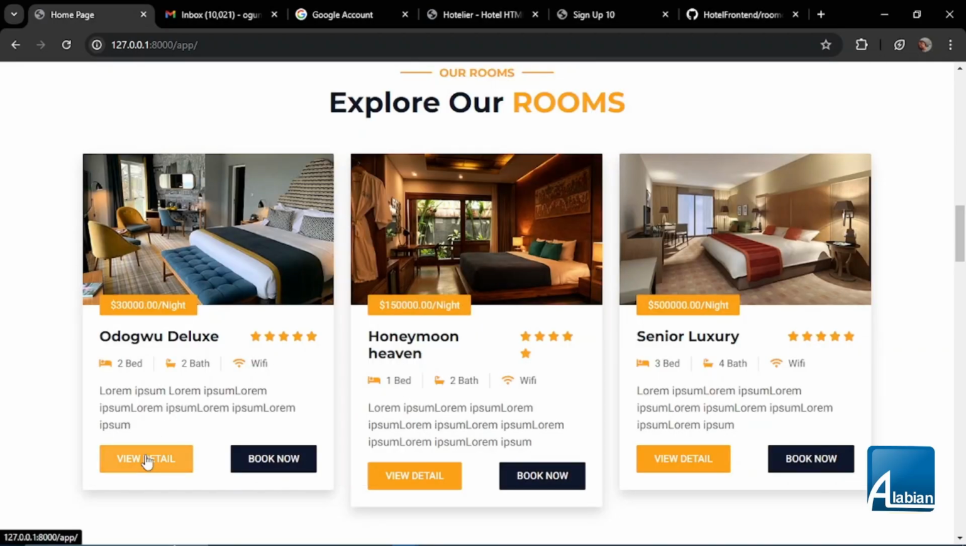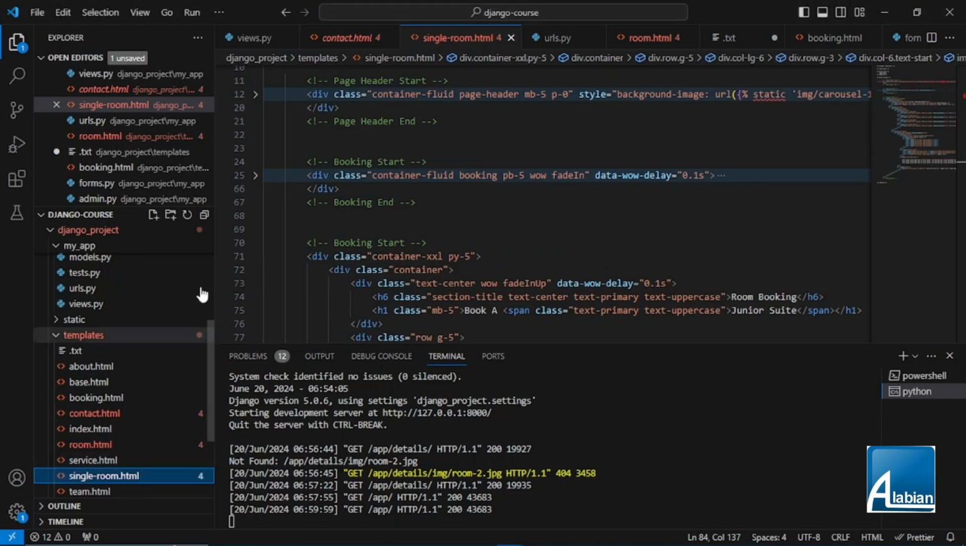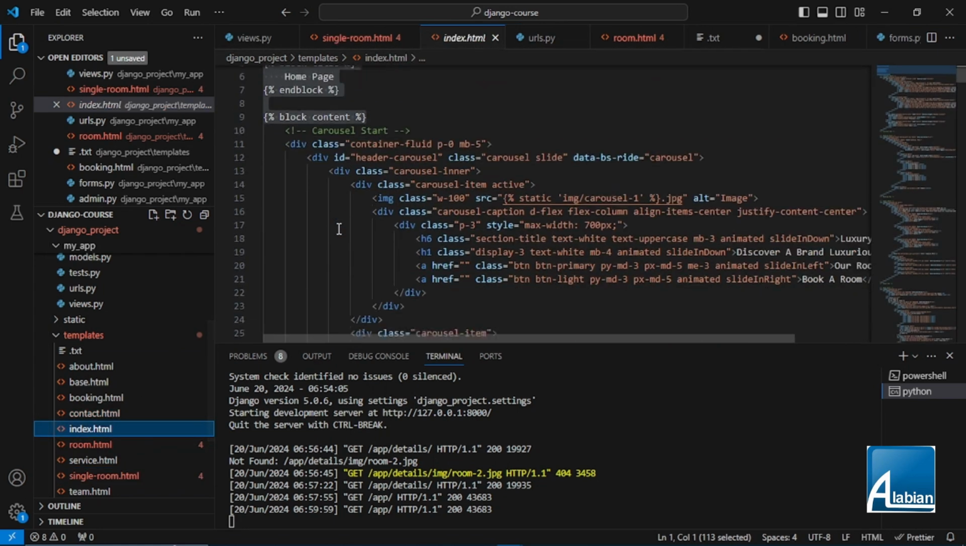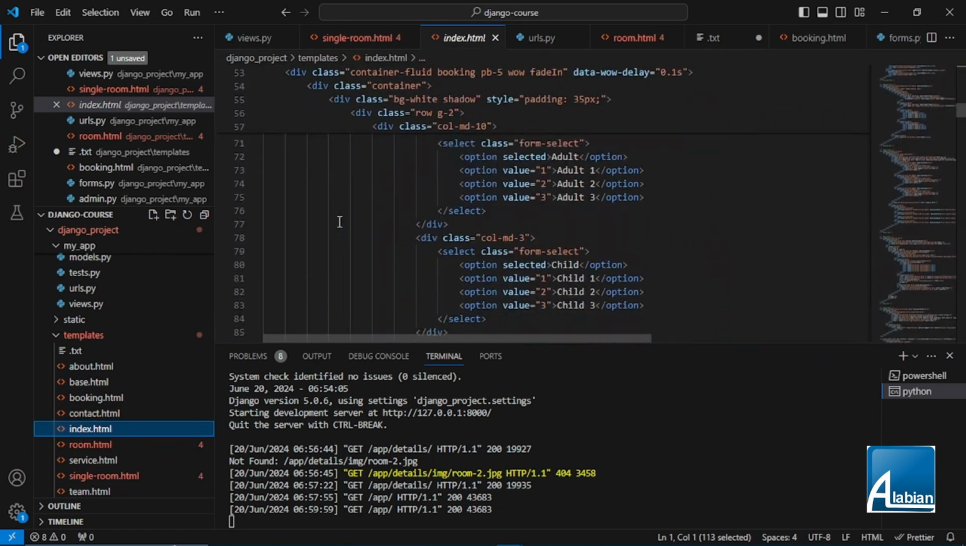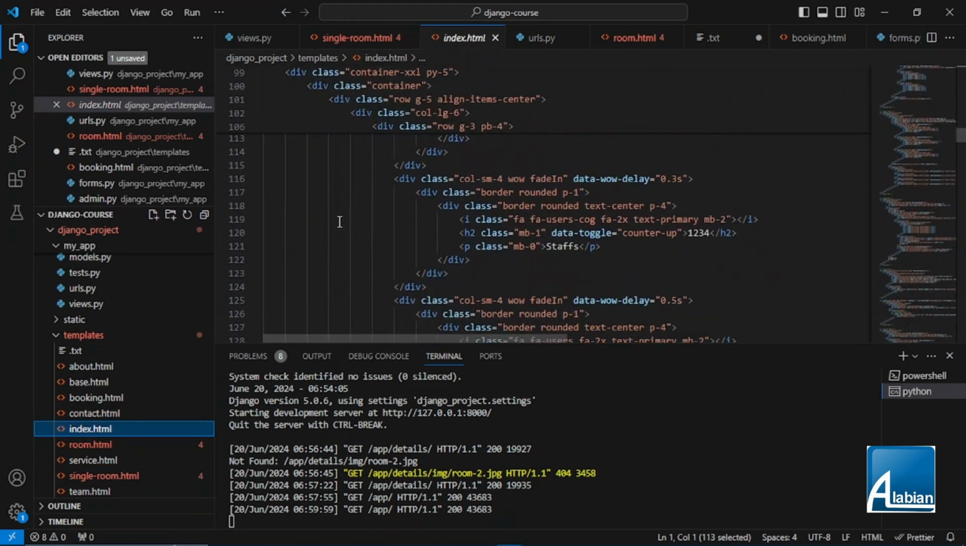Now, the next thing I want to do is to make sure that when I click on this button, it takes me to that page. We all know how we're going to do that. So we're just going to go to our index page where that button is. I'm going to go to my index, to where that button is,